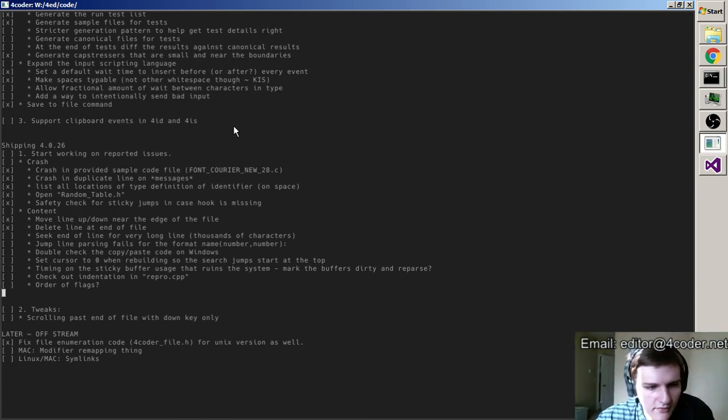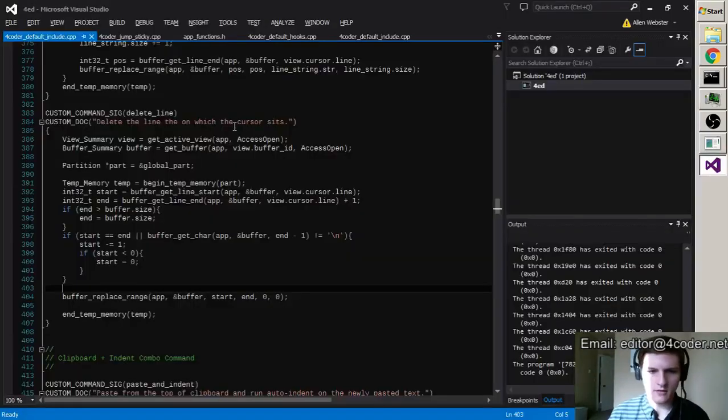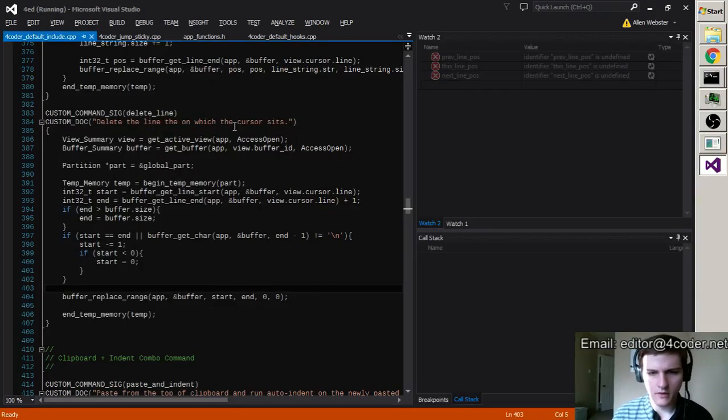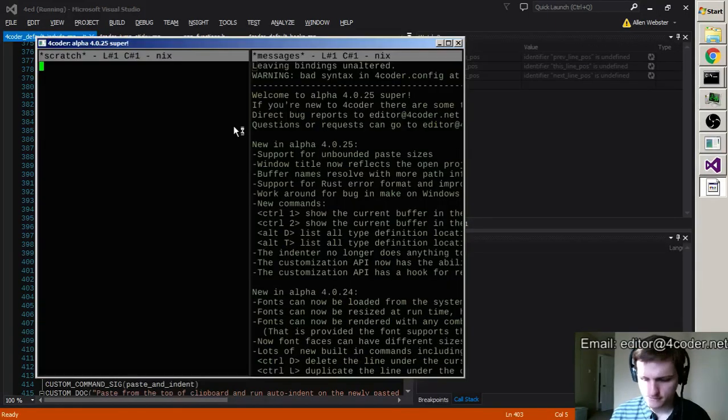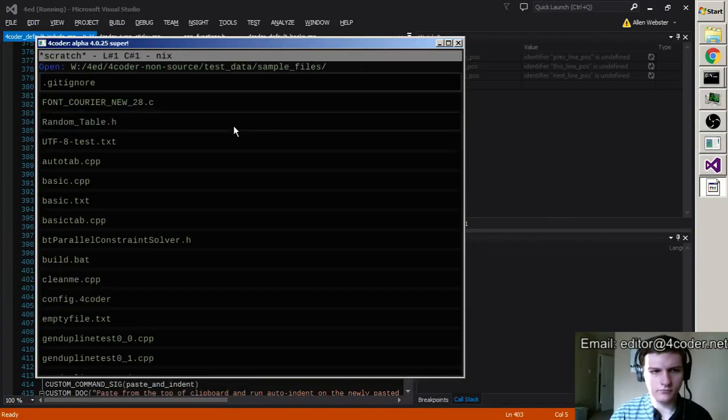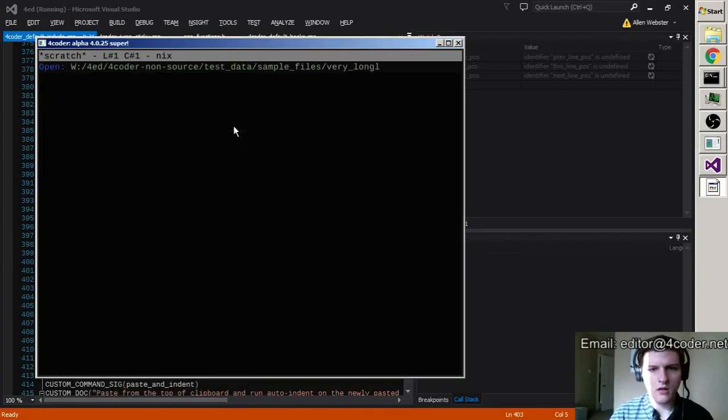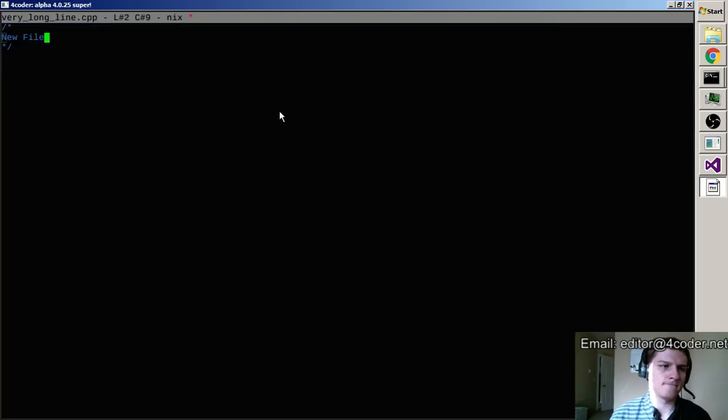Alright, seek end of line for very long line with thousands of characters. Okay, let's take a look. Very long line dot cpp has a line with thousands of characters. Int foo